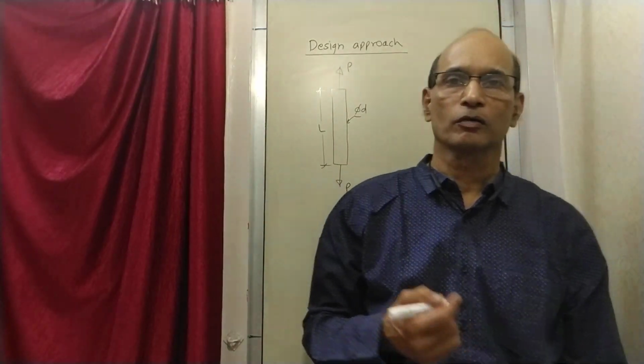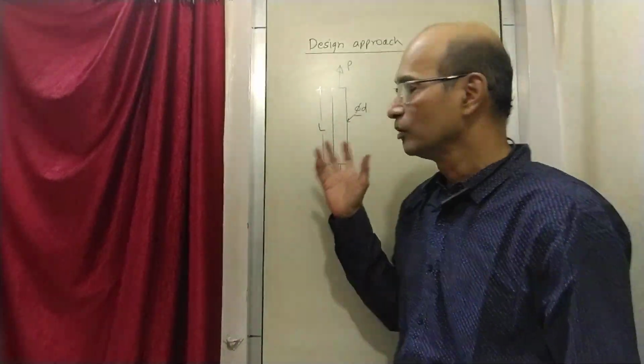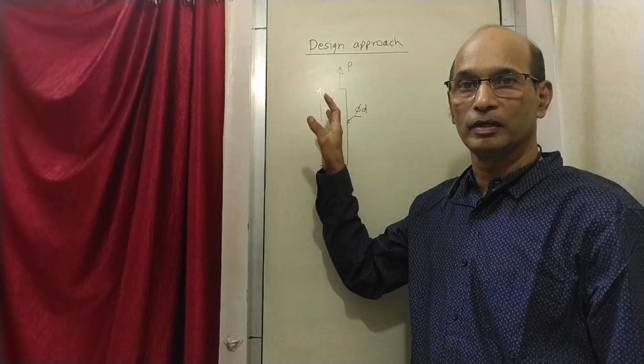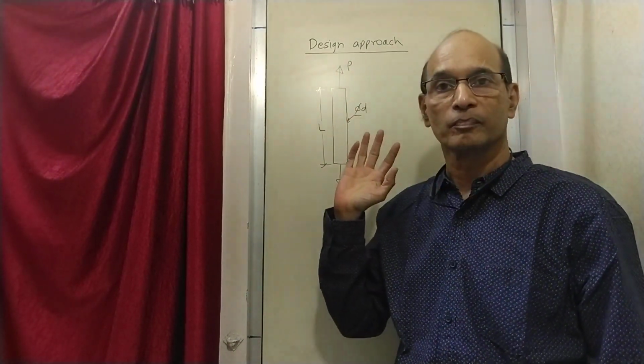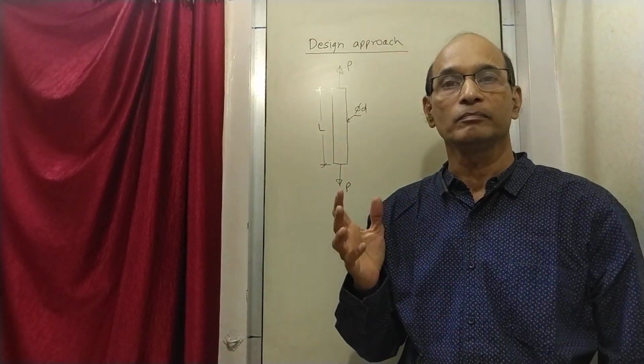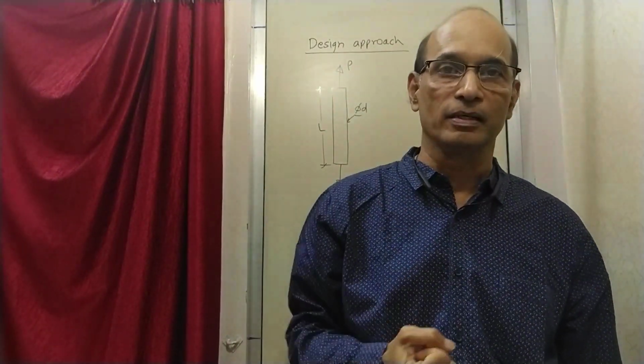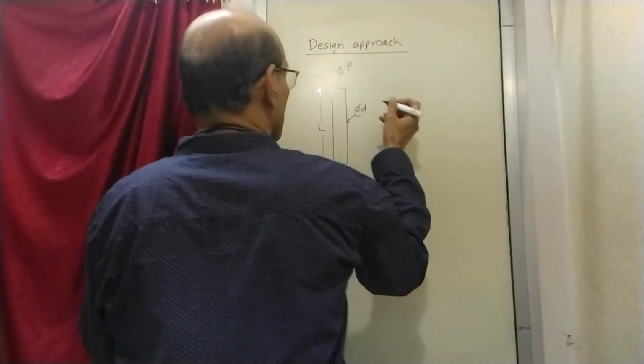Now first of all, you are going to design means what? You are going to design means there is a situation like this where there is some component here and that component is supposed to take a load P. So if you see any problem, the problem starts like this, that there is some kind of external parameter that is applied on a part. Now that external parameter, in fact here P is the external parameter.